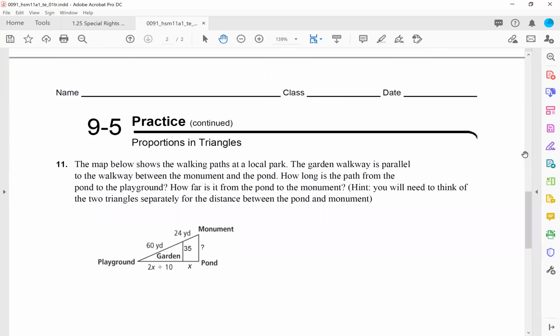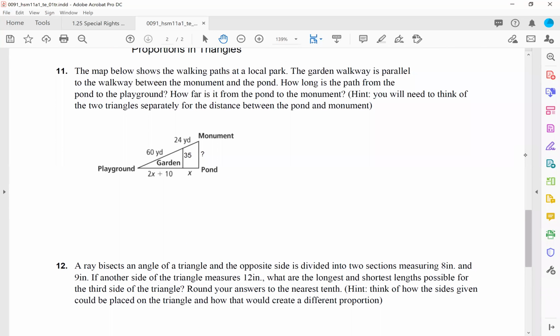All right, another one where you might have a little bit of difficulty would be number 11. And really, it shouldn't be too much. Just read the hint here. You will need to think of the two triangles separately for the distance between the pond and the monument. And to find the distance between the pond and the monument, you actually don't even have to solve for x first, because some people might think you have to solve for x first and then do that. But just use the information that you already have. And it's going to end up being a part to whole type situation,